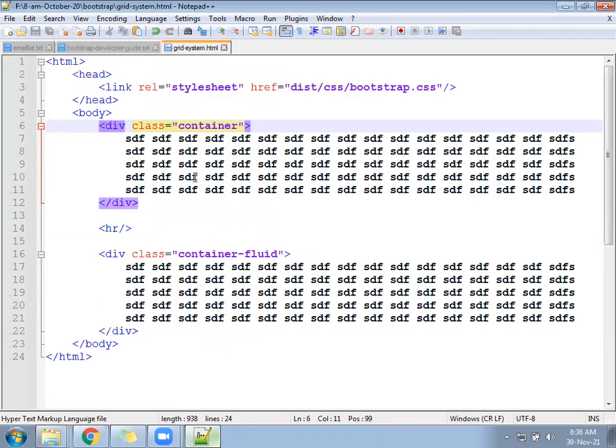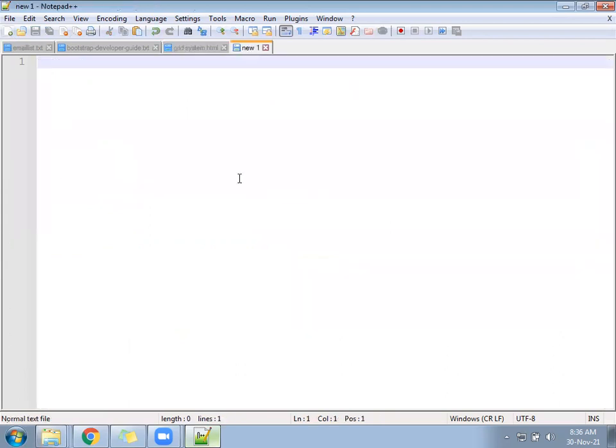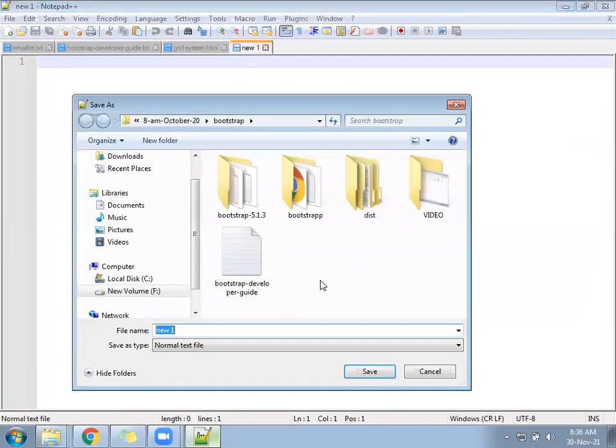So this grid system file we will not extend further. We will leave it here and create another file, in which inside container we write what to do and what next. So create the next file, grid system2.html.